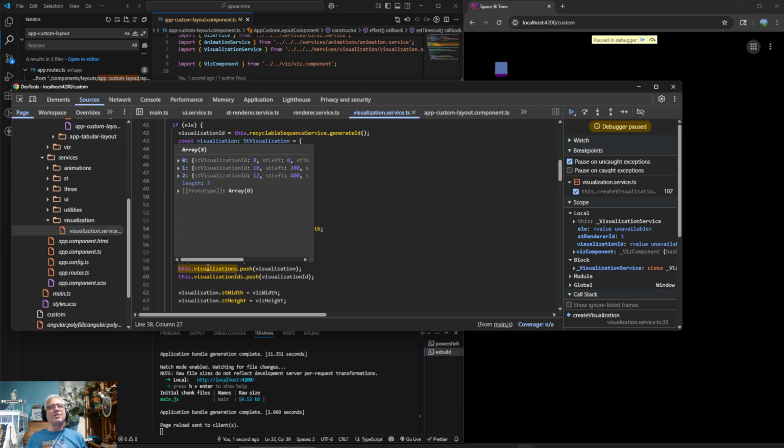We only have one visualization, but we're going to create a fourth visualization here. And so this whole concept that a visualization may already exist kind of messes us up because